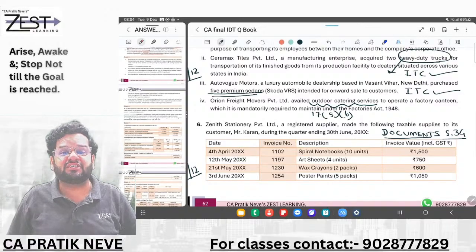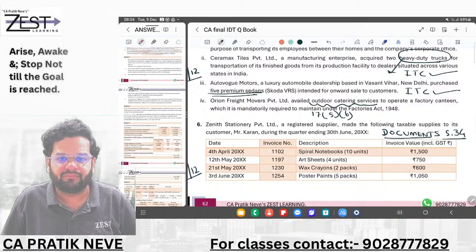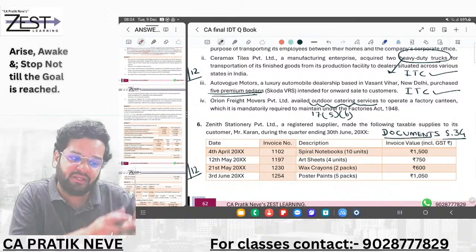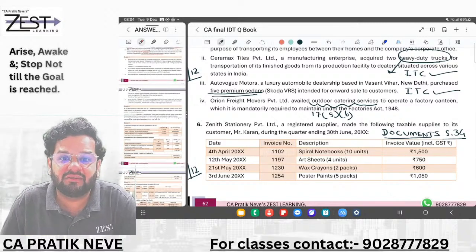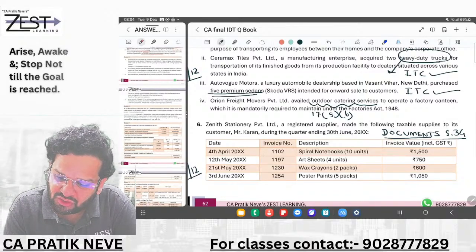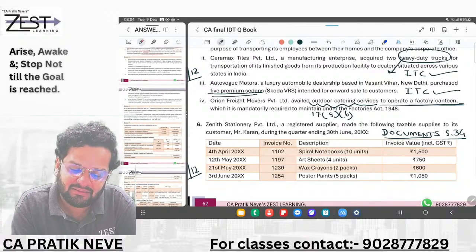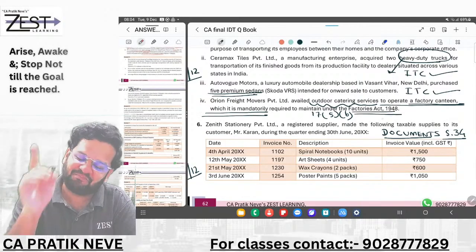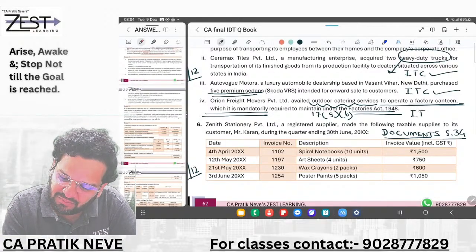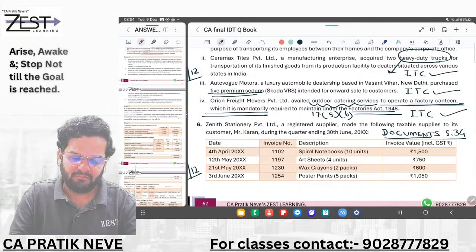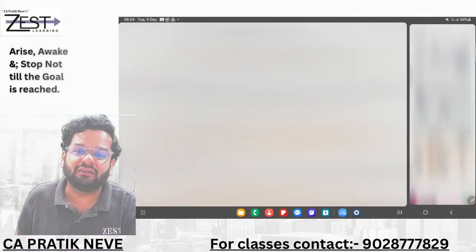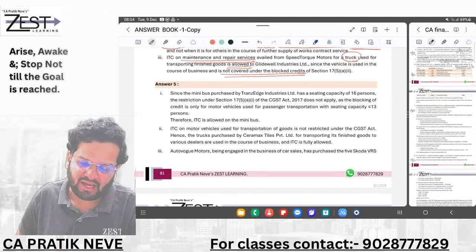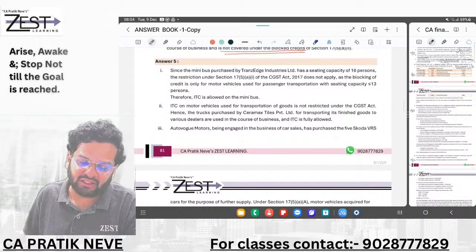But if such service is given to the employees as an obligation under any law, then ITC will be allowed. It is to operate a factory canteen, which is mandatorily required under the Factories Act. Here, ITC will be allowed because it is mandatorily required to operate such a canteen under the Factories Act, and the outdoor catering service is taken